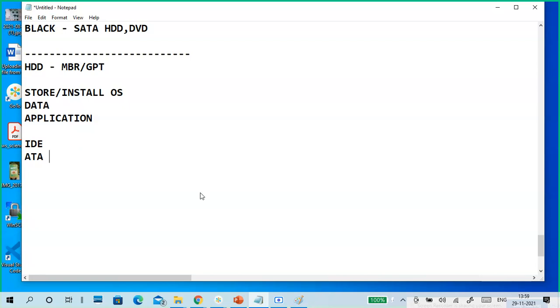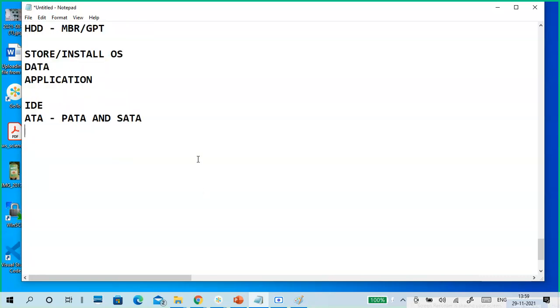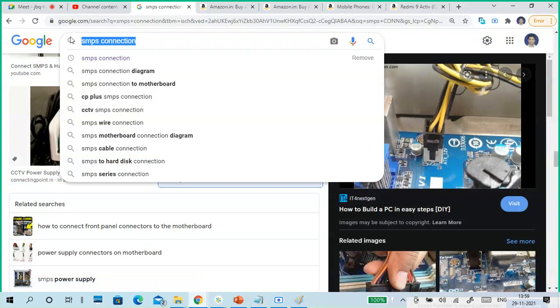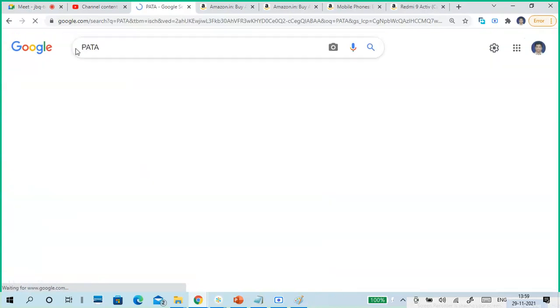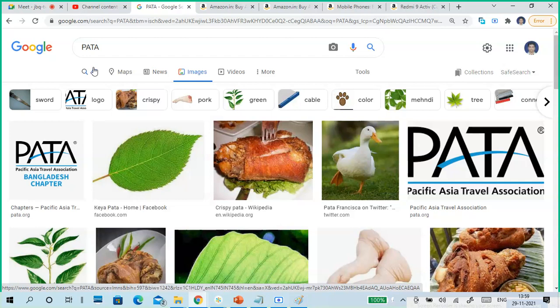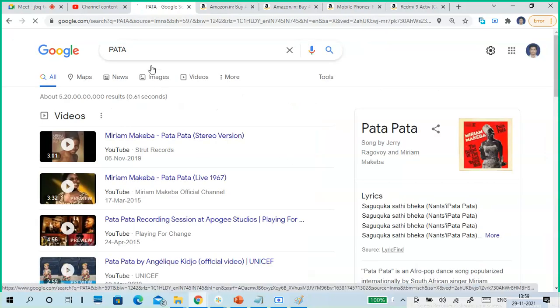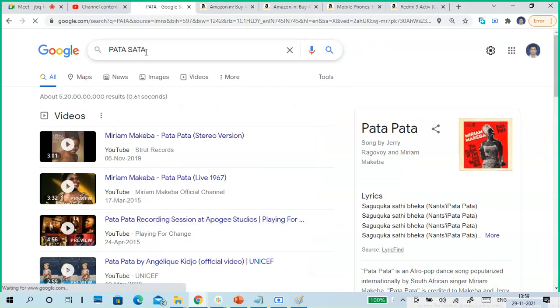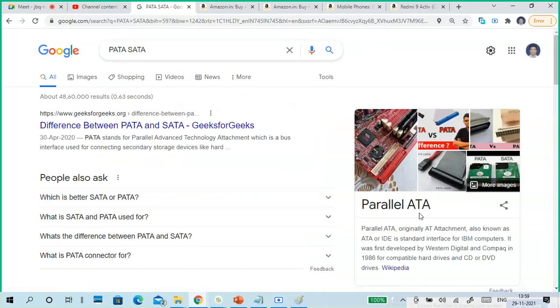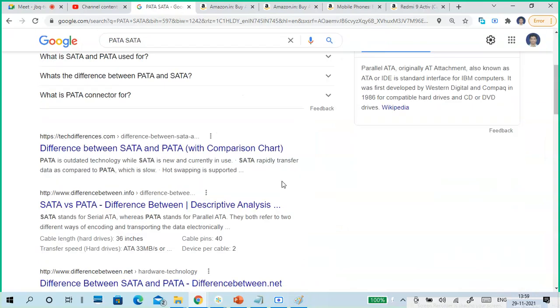After this ATA, advanced technology attachment, it developed into two types of technology: PATA, parallel advanced technology attachment, and SATA, serial advanced technology attachment.